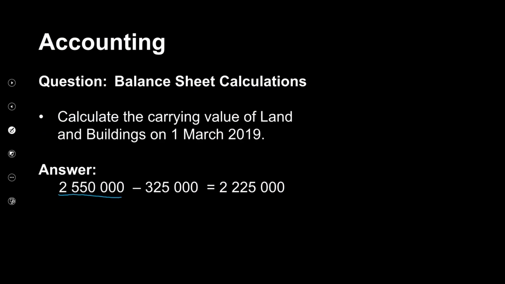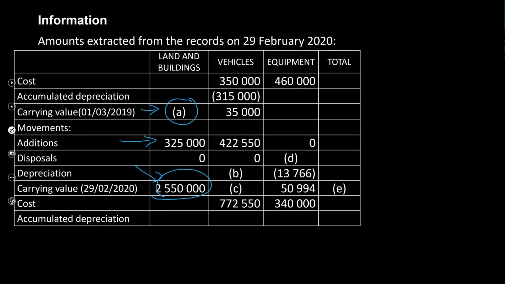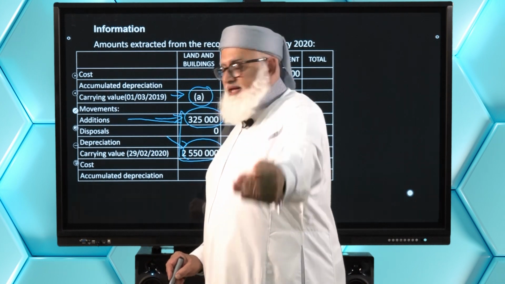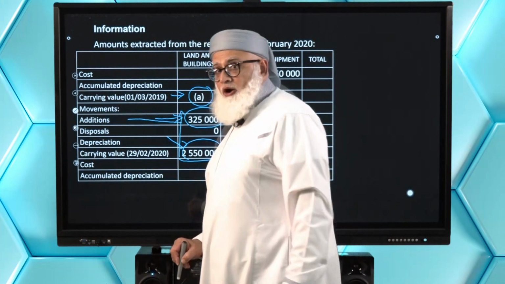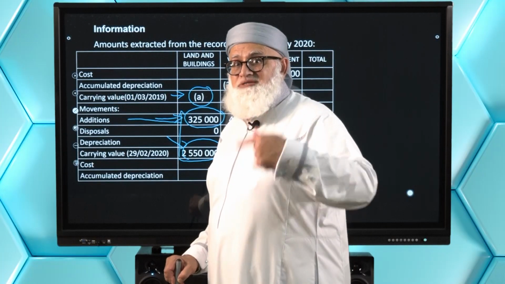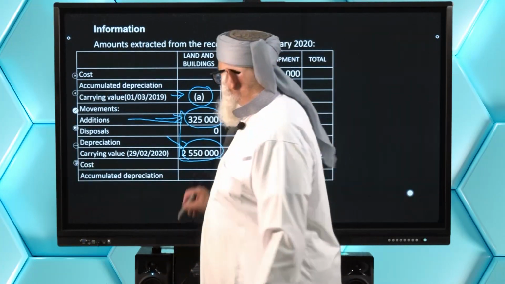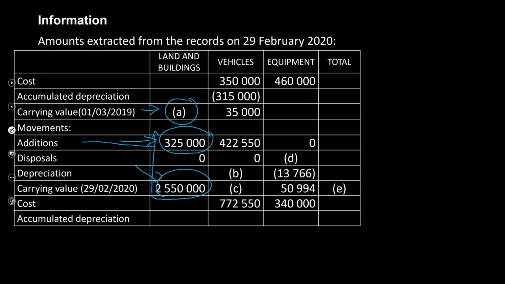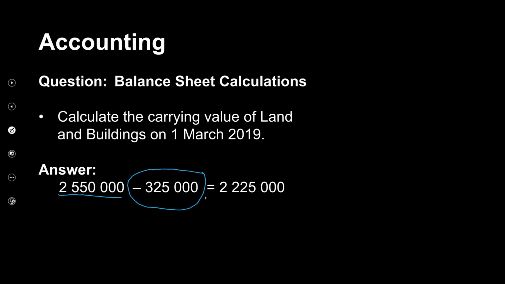2,550,000. Then you subtract the 325,000 because that was the land and buildings that were purchased. Can you see? Additions of 325,000. So in other words, it's what we call a reverse operation. You're working backwards. You're working from the end of the year to the beginning of the year. So normally you add downwards. When you're working backwards, you subtract. It's called the reverse operation. So 2,550,000 minus the 325,000 there, and you will see that the value of your land and buildings at the beginning of the year was